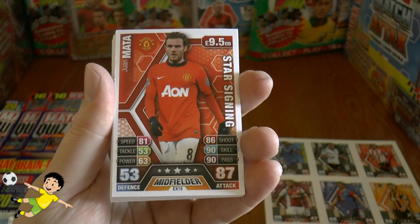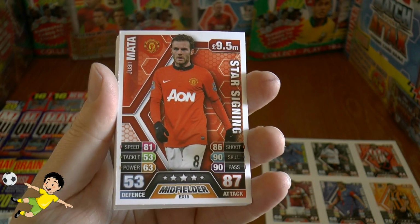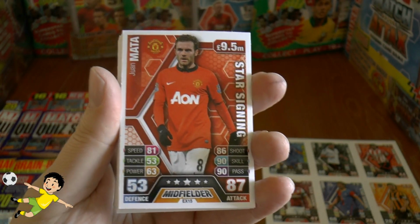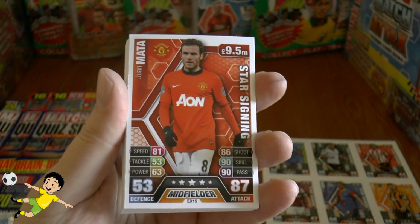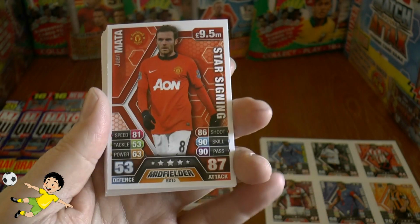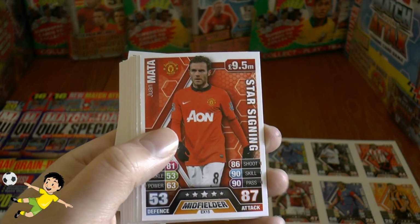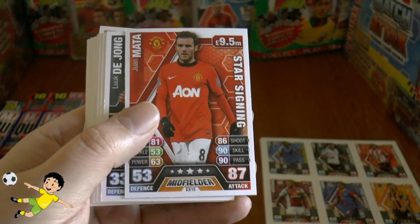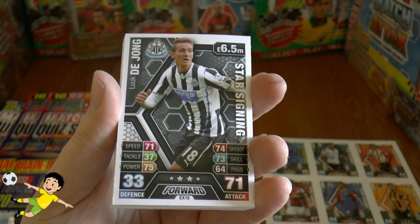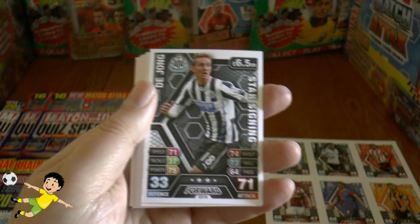And then the highest money paid in the transfer window for one player, it was of course £37 million plus add-ons for one Mata, formerly of Chelsea and now of Manchester United, as they look to buy a whole new winning squad. They're linked with a lot more new players in the summer as well, so exciting times for that club if they can spend wisely and get rid of their manager before the summer. He's the EX15. And then EX16 we have Luke de Jong, a good signing overall for Newcastle, but struggling to